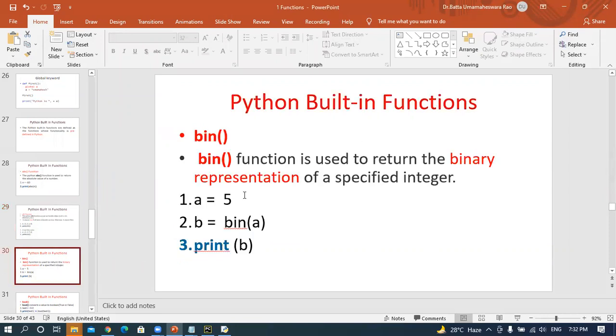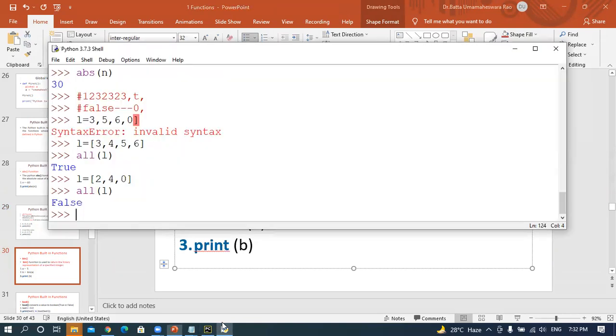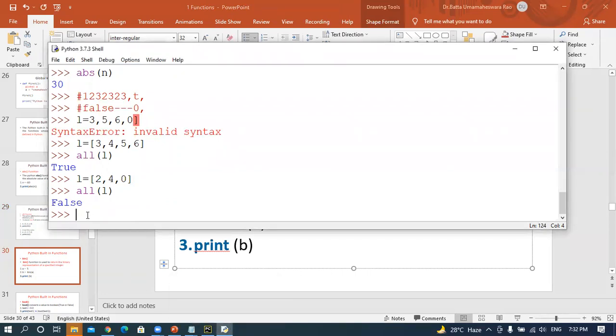The next one is the bin function. Bin is used to return the binary representation of a specified integer. For example, for 0 the binary representation is 0.